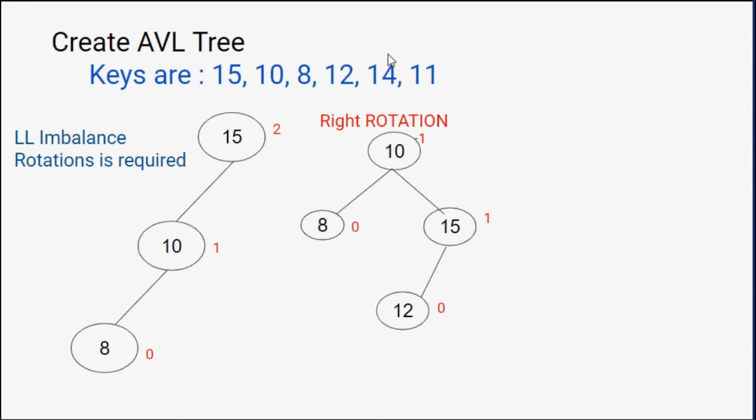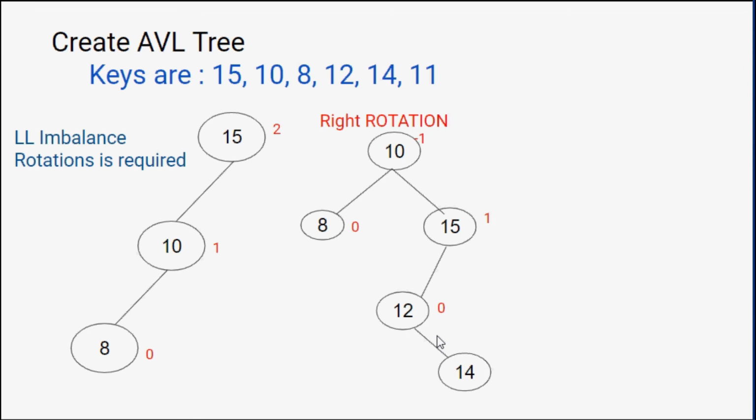After that I am going to insert 14. Now again I am going to make a comparison. 10 is compared with 14. 14 is greater than 10, so it should be on the right of 10. Now 15 is greater than 14, so 14 should be on the left of 15. Now on the left side of 15, we already have a node, that is 12. So we need to compare 14 with that node. When I compare 14 and 12, I find out 14 is greater than 12. So it should be the right child of 12. So 14 should be on the right side of 12.